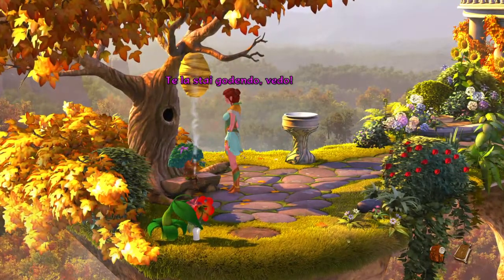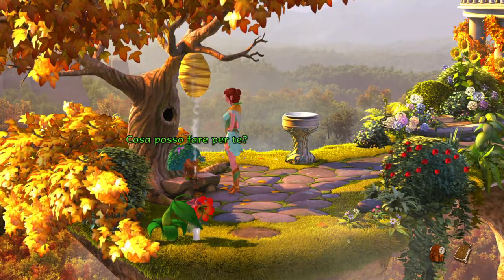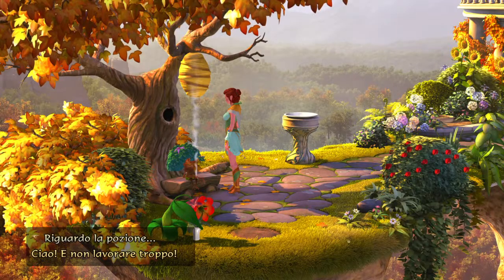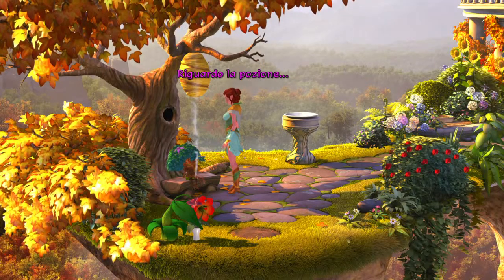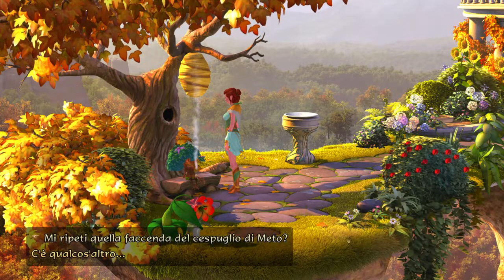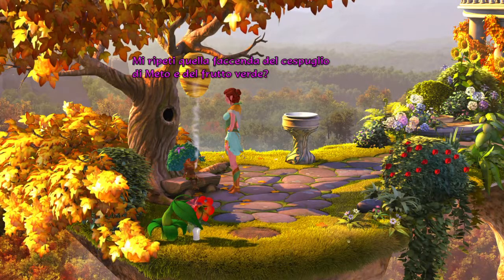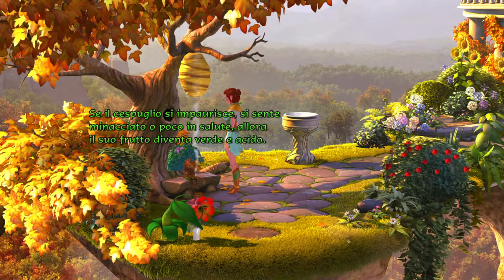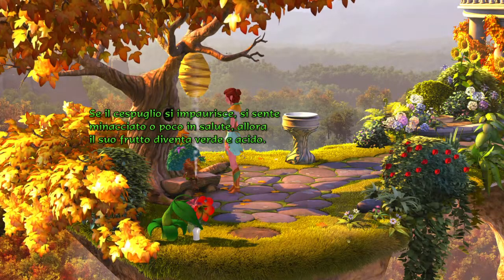You're having a good time, I see. What can I do for you? About the potion. Art? What was that with the metis bush and the green fruit again? If the bush gets scared, feels threatened or unwell...